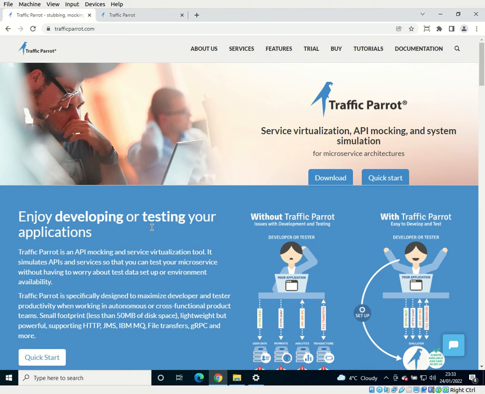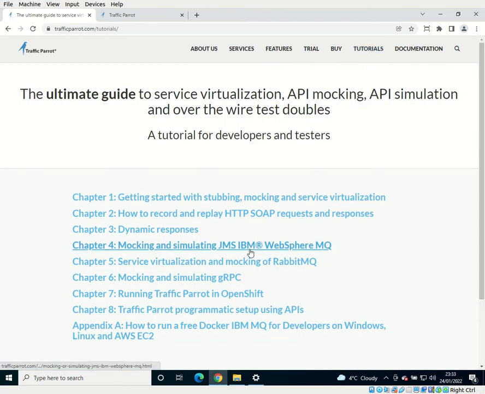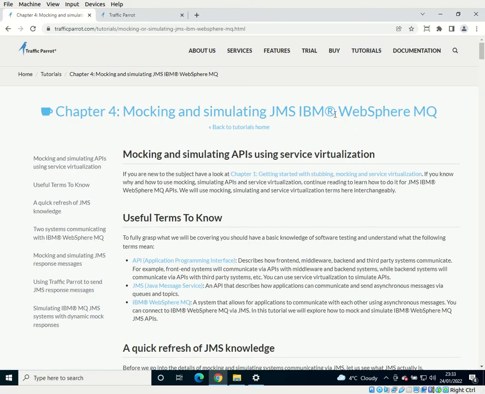In this video, we test the connectivity between Traffic Parrot and an IBM MQ broker so that you can join the Traffic Parrot IBM MQ service virtualization training ready to get started. During the training we'll be following this JMS IBM MQ WebSphere MQ tutorial, and